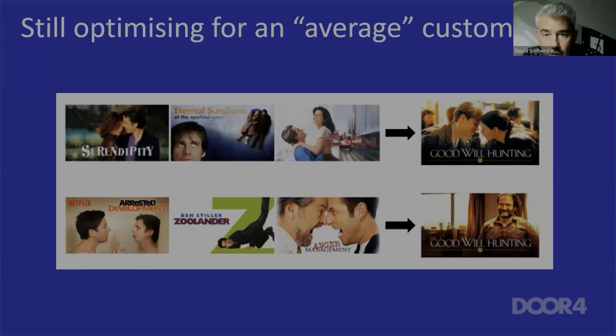And so I'll finish sticking with this Netflix theme, just to look at something they've been doing more recently. And this isn't super modern. I think they've been doing this for a couple of years now. But those of you that do have Netflix, you might have seen differing artwork, different movie covers showing up sometimes, different pictures, and that isn't an accident. As well as personalizing the movies that they're recommending, Netflix are also starting to personalize the artwork to